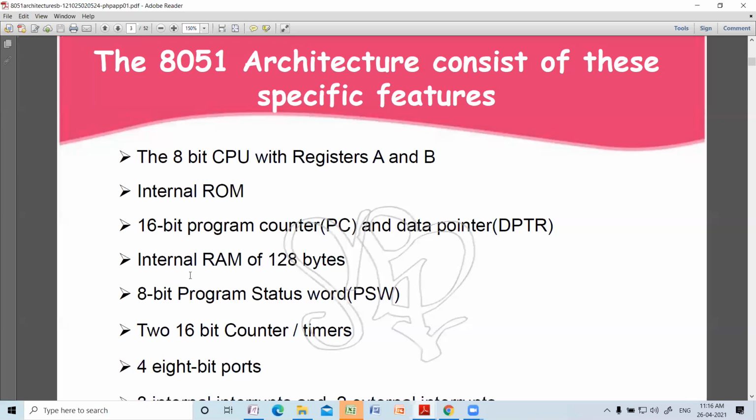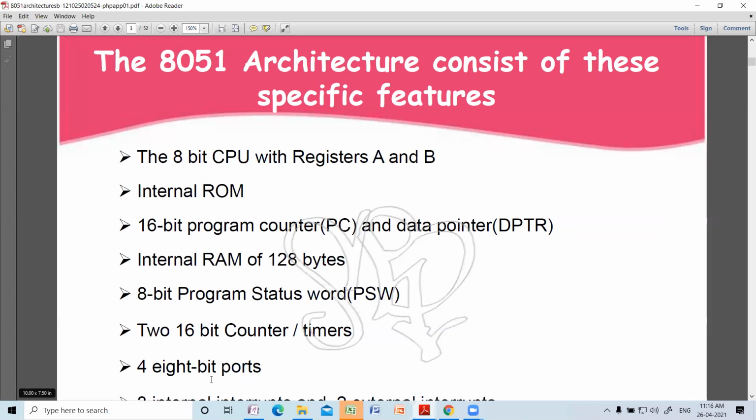So the 8051 architecture consists of these specific features. It is an 8-bit CPU with registers A and B. It is having an internal RAM of 4 kilobytes. It is having a 16-bit program counter. What is the job of the program counter? In the last class we have seen the program counter is a pointer register which contains the address of the next instruction to be executed.